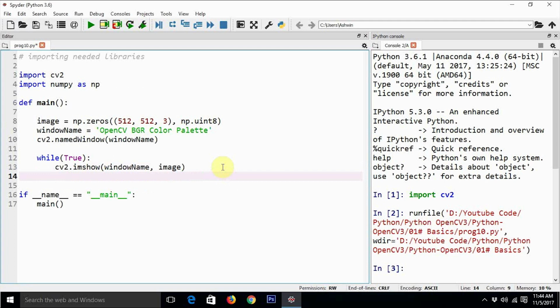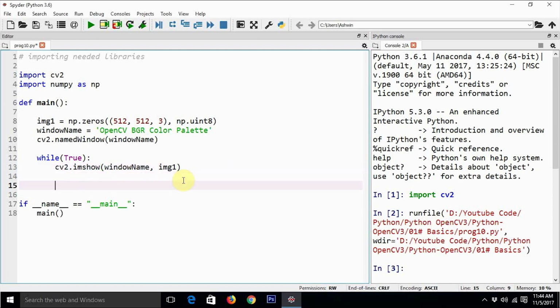This is a continuous loop. It is going to continuously display the image. The name of the variable is image, or let's say img1 for the sake of convenience. Let's make it img1. So it is continuously going to show that, and we just need to make sure that the loop breaks when we press the escape key on the keyboard.